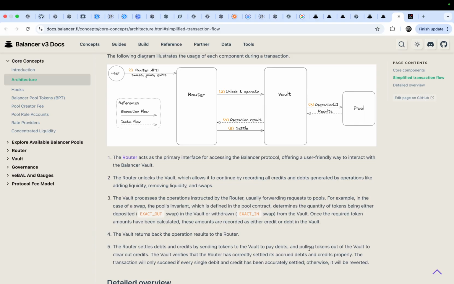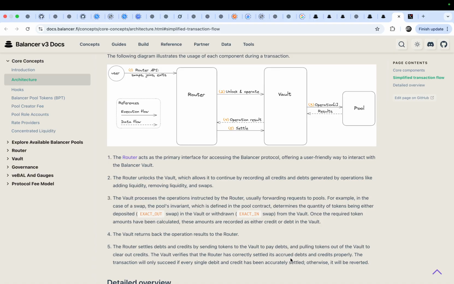And pulling tokens out of the vault to clear out credits. The vault verifies that the router has correctly settled its accrued debts. So if you lend some tokens in the pool, the staked tokens are accrued.